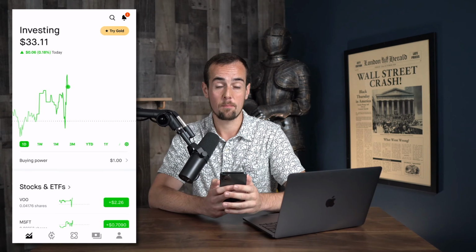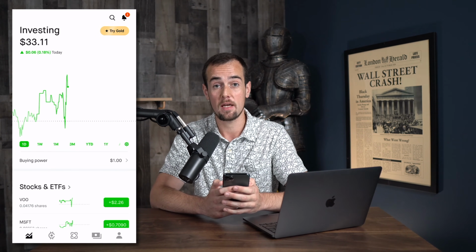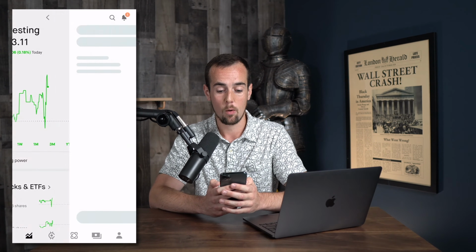The next step you're going to want to take is depositing funds to your new Robinhood account. Here we are inside of my Robinhood account for demo purposes, and what we're going to do now is initiate our first deposit of $50. In order to do that, you're going to click on the button here that says buying power,